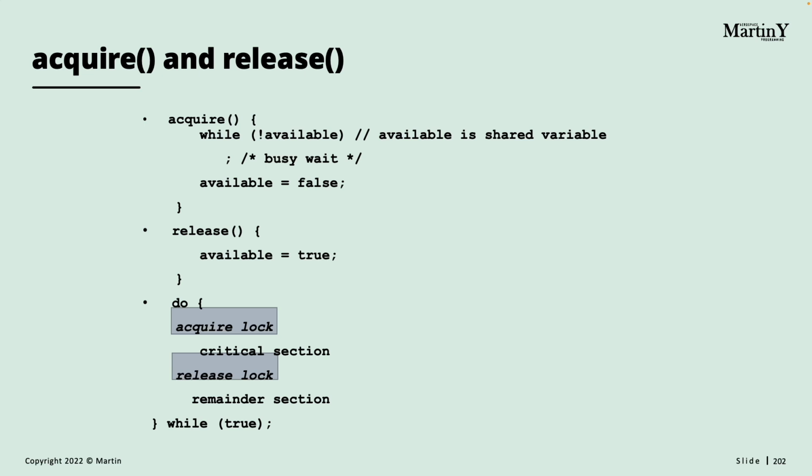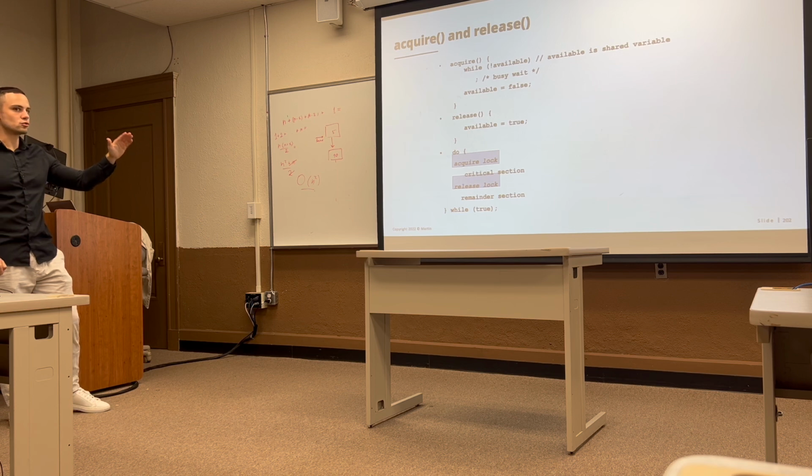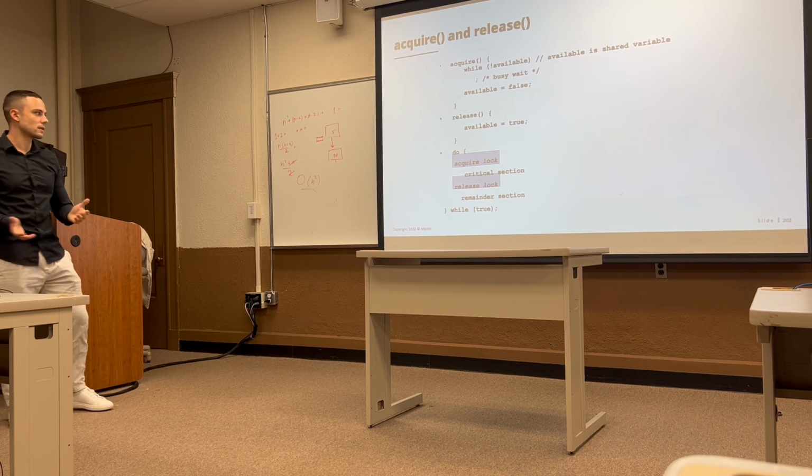So in the acquire, we are constantly checking whether the resource is available. If it is available, we make it equal to false, which means that we're taking it. In the release, we simply set the available variable or the resource equal to true, so we release the resource. That way,